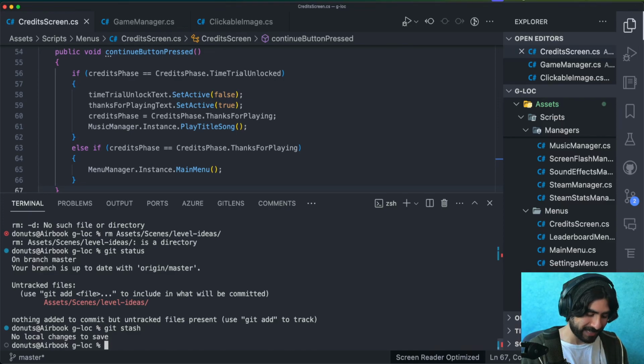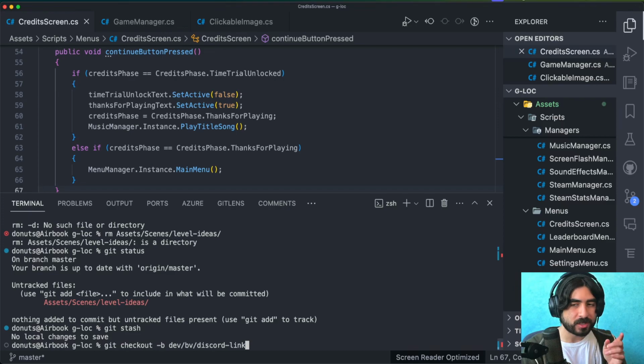Why am I blanking on this? Okay, git checkout -b dev/BV/discord-link. My convention here is whenever I make a branch, to prefix the name of your branch with dev to mark that this is a developer thing. This is kind of an optional one, but I find that in bigger repositories with many people working on it,